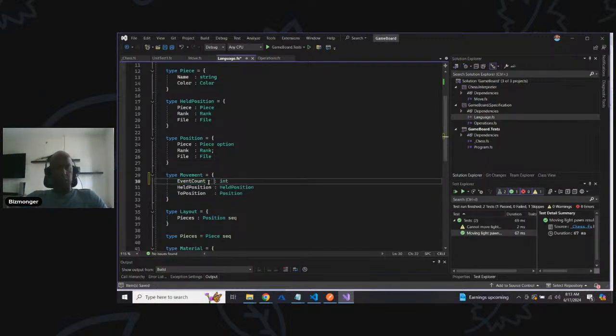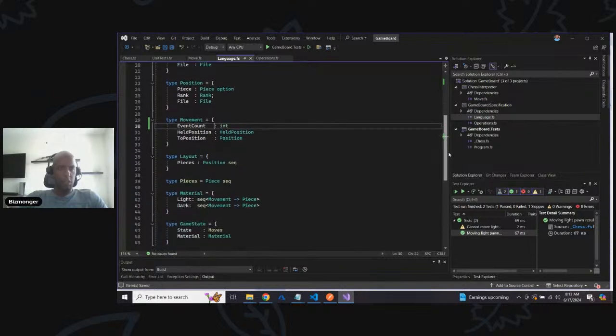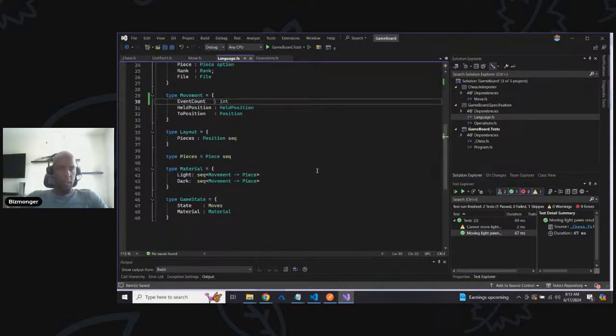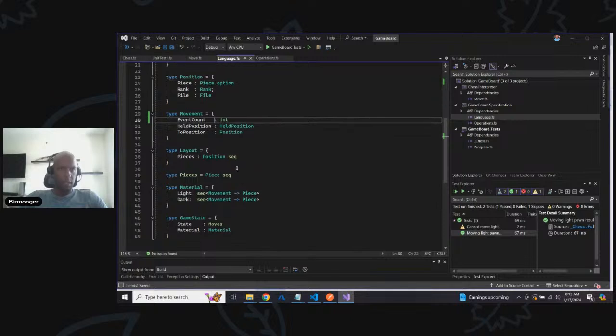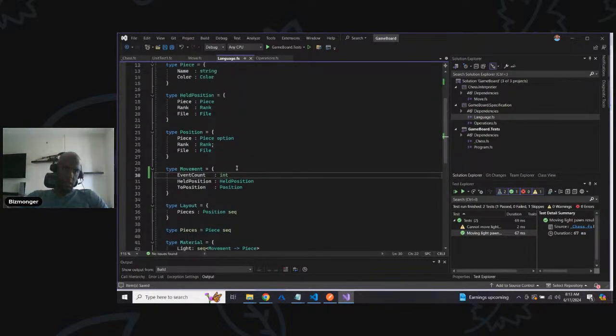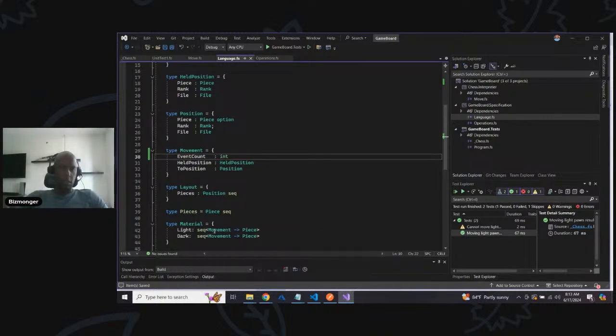And so if you follow me, a movement has an event count, and in theory, a capture will encompass. Where's my capture at? Where did the capture go? Hold up. Oh, not capture, material. So in theory, a material is now going to encompass the event count,